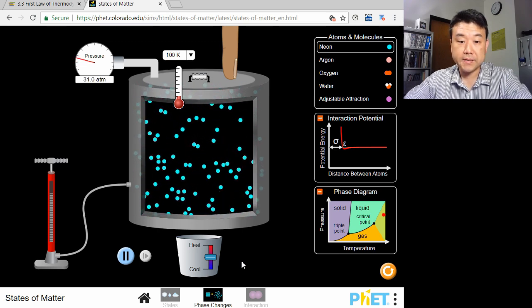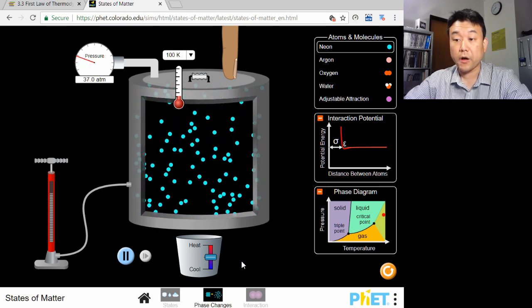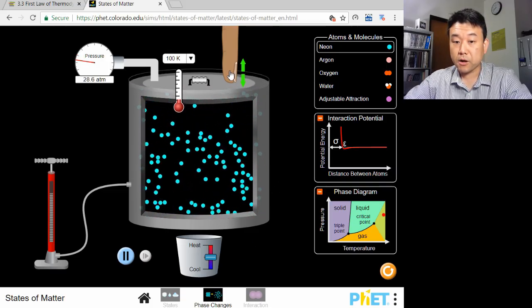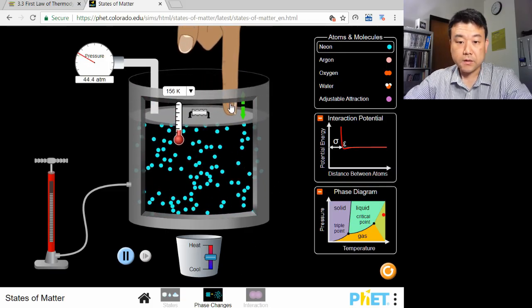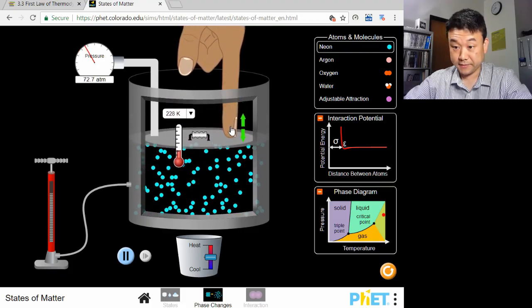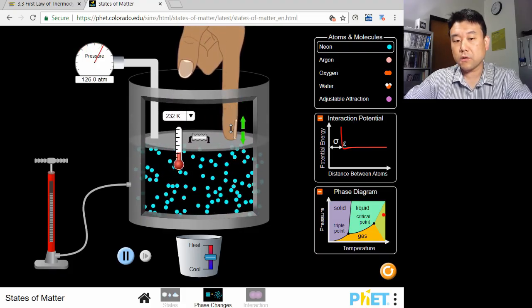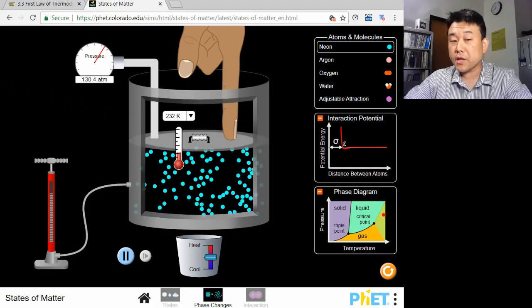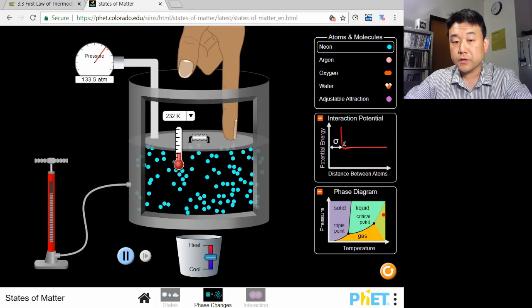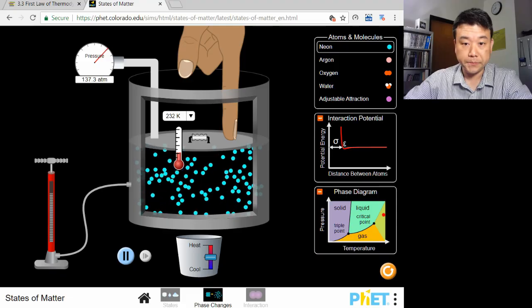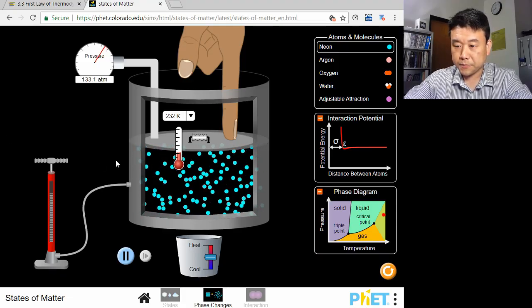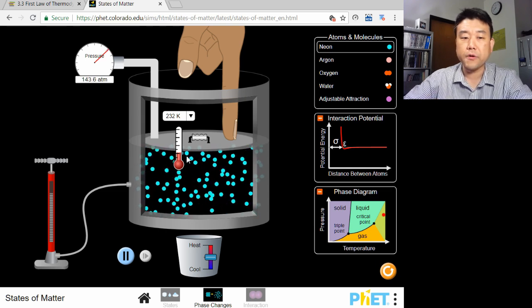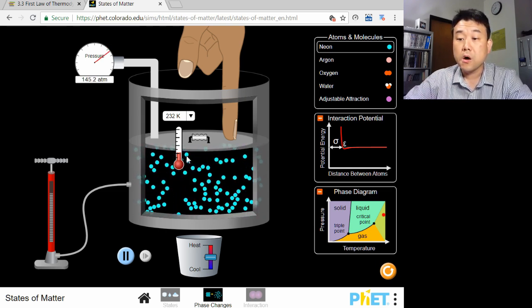Here's neon gas at the temperature of 100 Kelvin. As you can see, when I compress this gas, you see the temperature increasing. This is all what we were talking about earlier, but the simulation shows another view, the molecular model view. If you look at this picture of compression carefully, you can figure out from a mechanical point of view why the